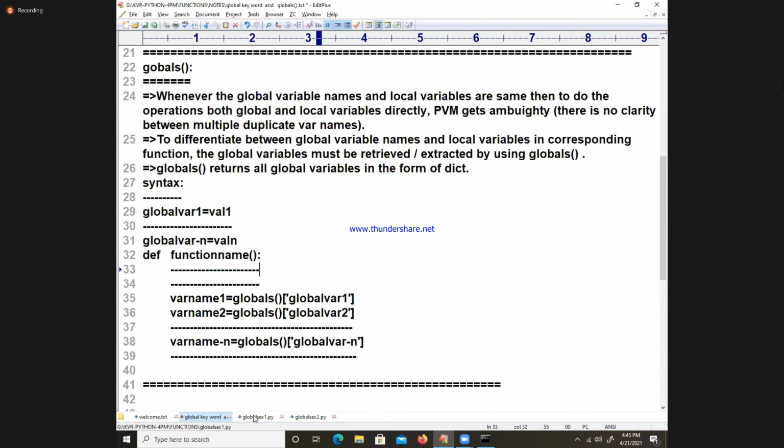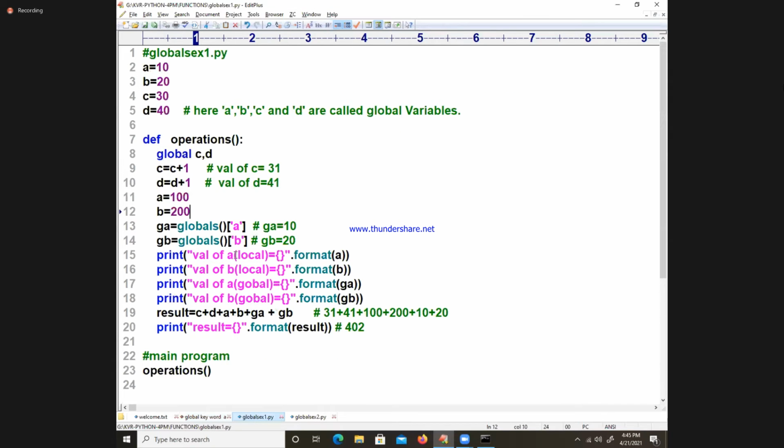In the bracket you write: add the values of global and local variables. Now you write down this code. Carefully write down.